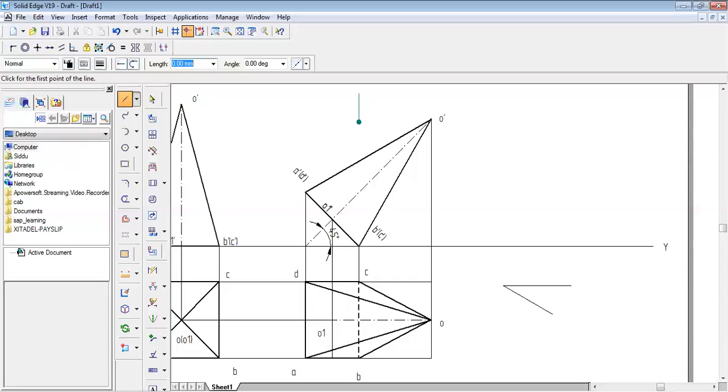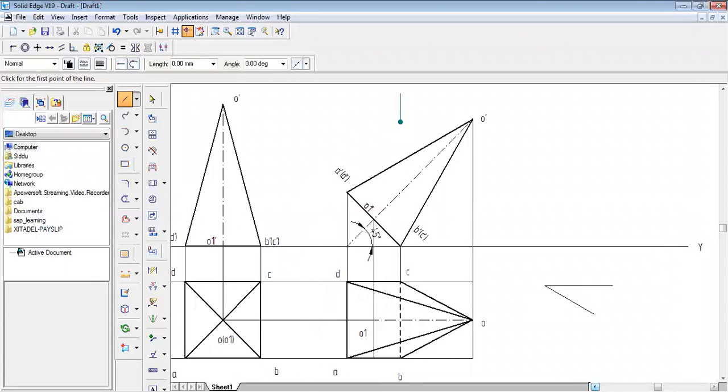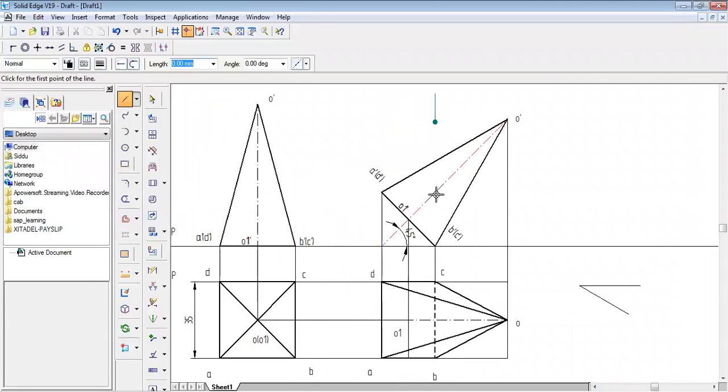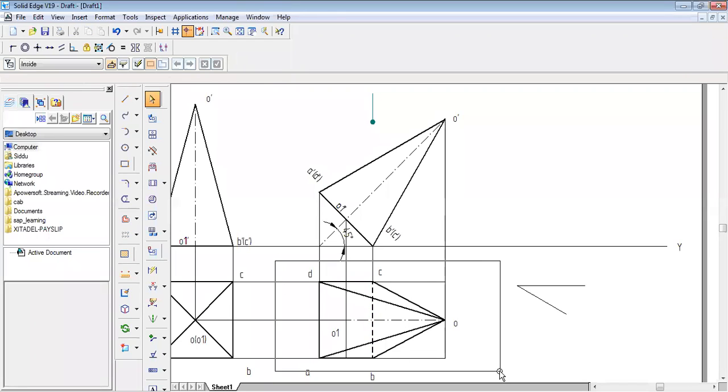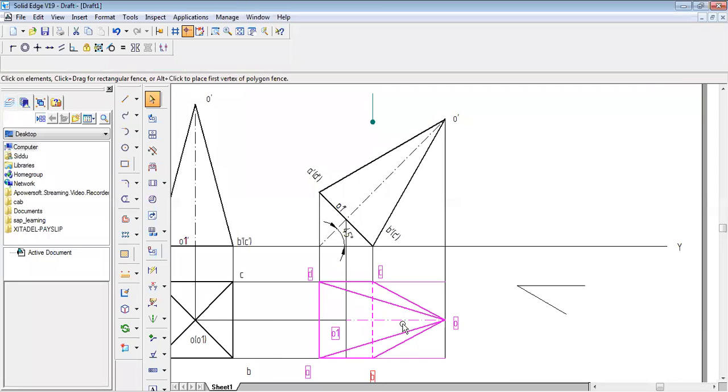Okay friends, so after this, what you just do is, here what is being given, in the second position the axis is making inclination, but in the third position what they've given is the base edge on which it is resting, this edge is making inclination, so in that case copy the entire thing, okay.